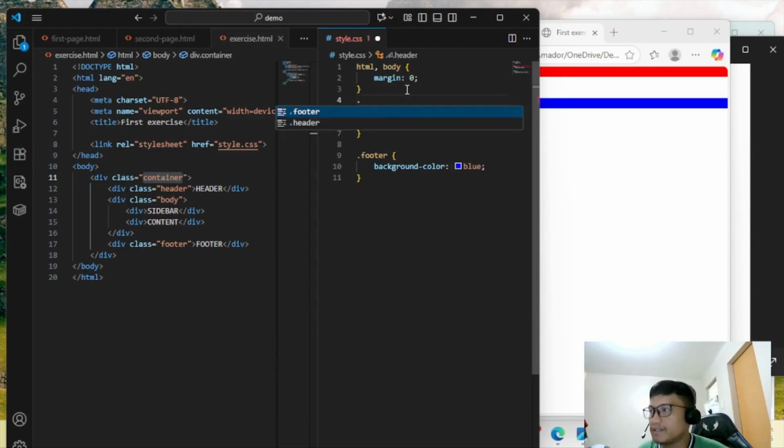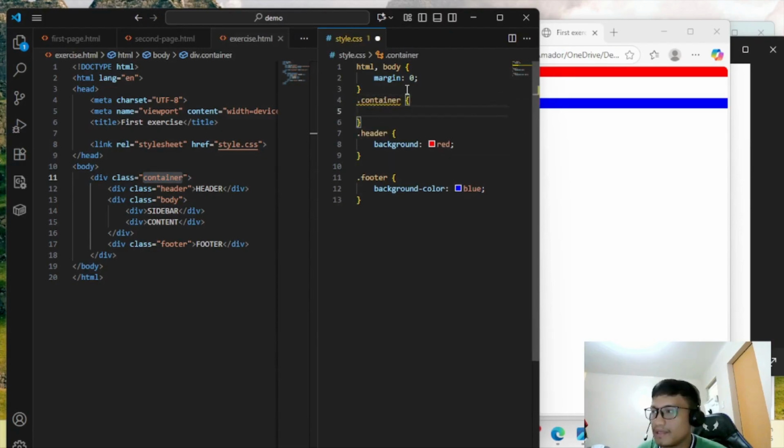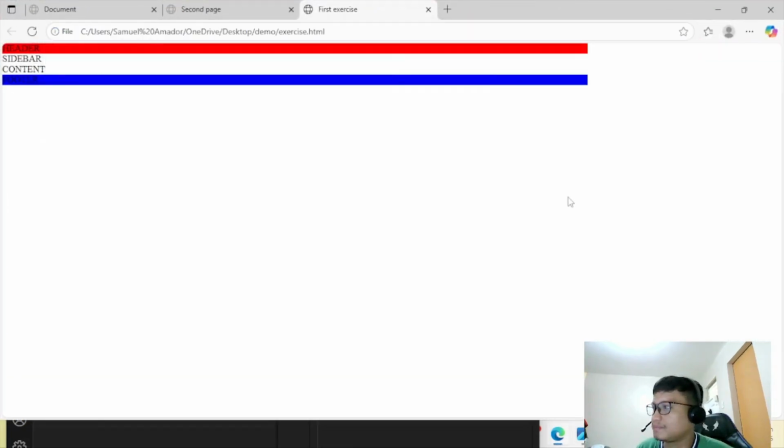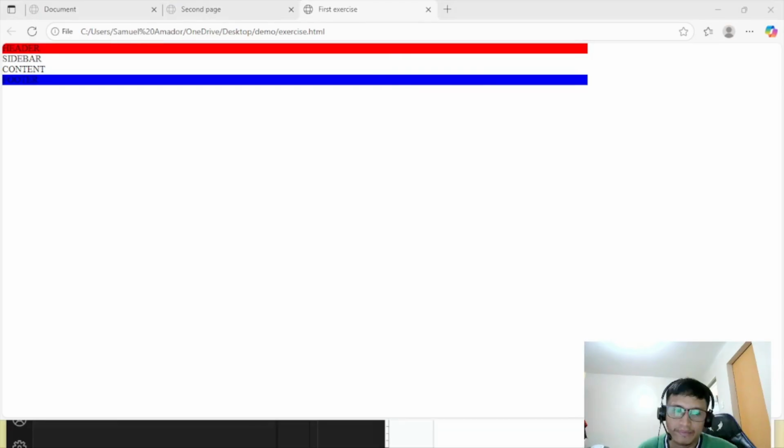So let's say the container is 1000 px. When we wrap the header, sidebar, content, and footer inside a container, this is how it looks like.